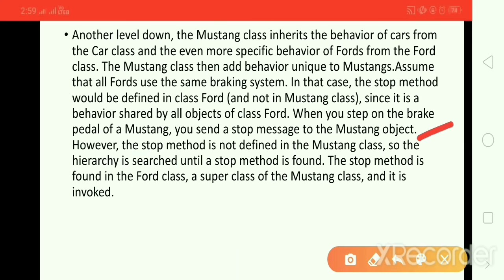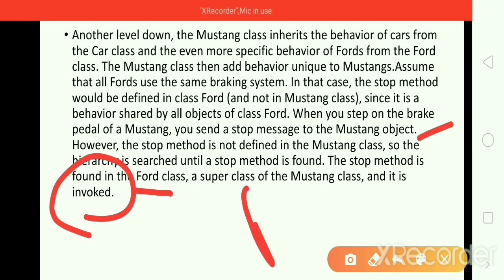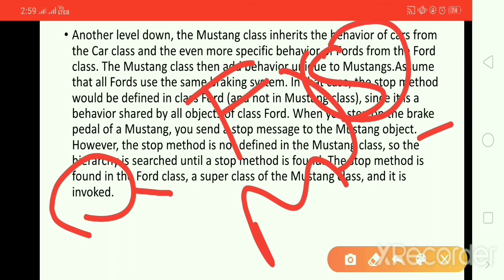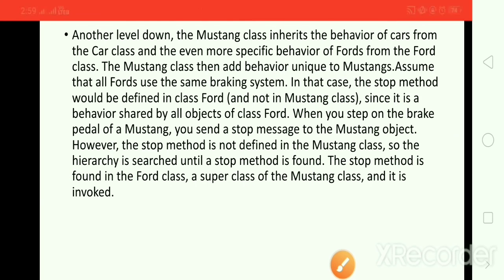So the hierarchy is searched until a stop method is found. The stop method is found in the Ford class, a superclass of the Mustang class, and it is invoked. Once it finds the stop method here, then it executes, and the car stops.